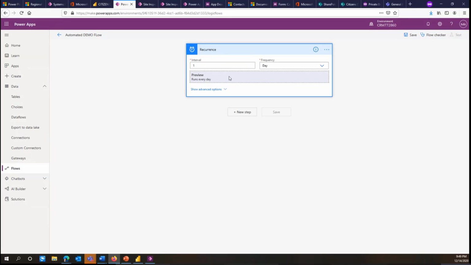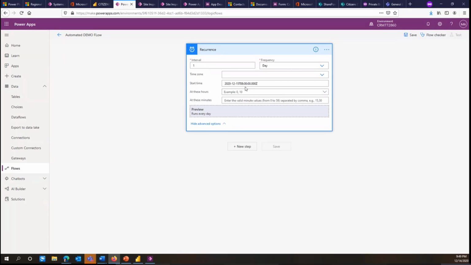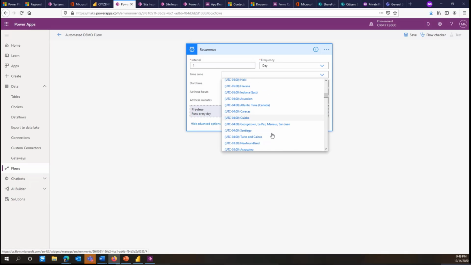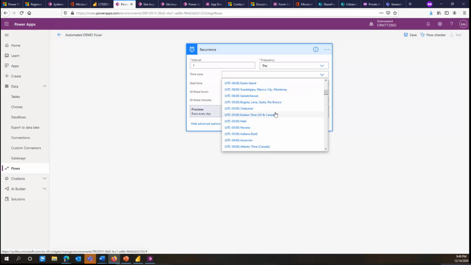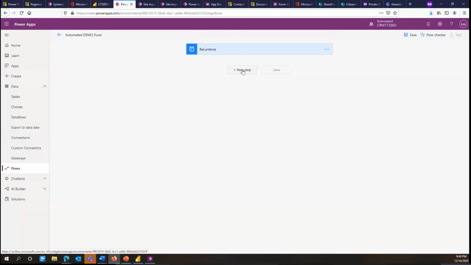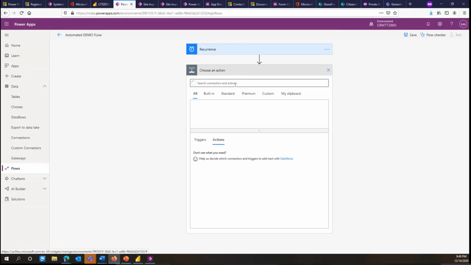In the recurrence, I could say start every day at time zone, with the time zone being New York time area. So I think it's this one. UTC -5, I think, as far as I know, or this one, Eastern time. Then start time, start at not at 8 a.m., could be 6 a.m. and so on. Then after adding this recurrence, and this will happen every day, connect to my environment,